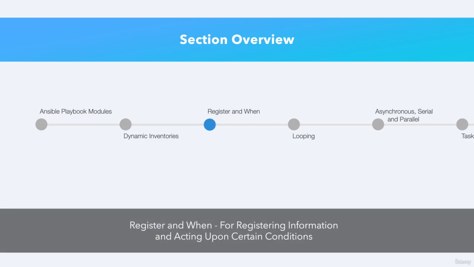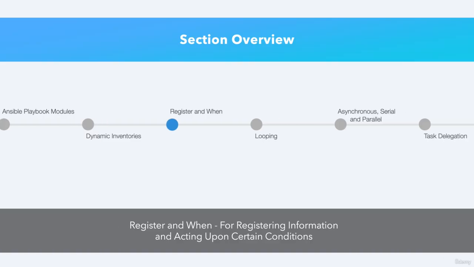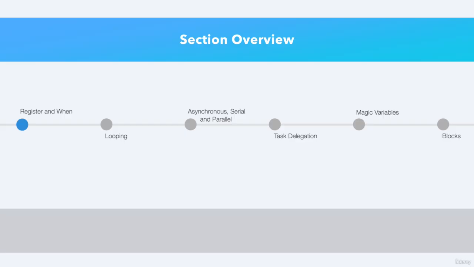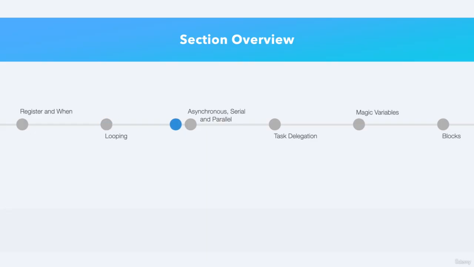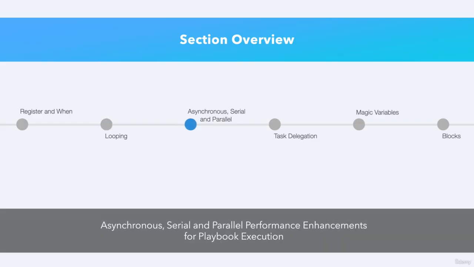Register, for registering information that is received whilst executing tasks, and then making use of this with later consumption. We'll also look further into the use of when. Ansible has a multitude of different ways for using loops, and in this lecture we'll explore the many possibilities. We'll look into the performance aspects and how we can improve our playbook execution with different approaches such as asynchronous,